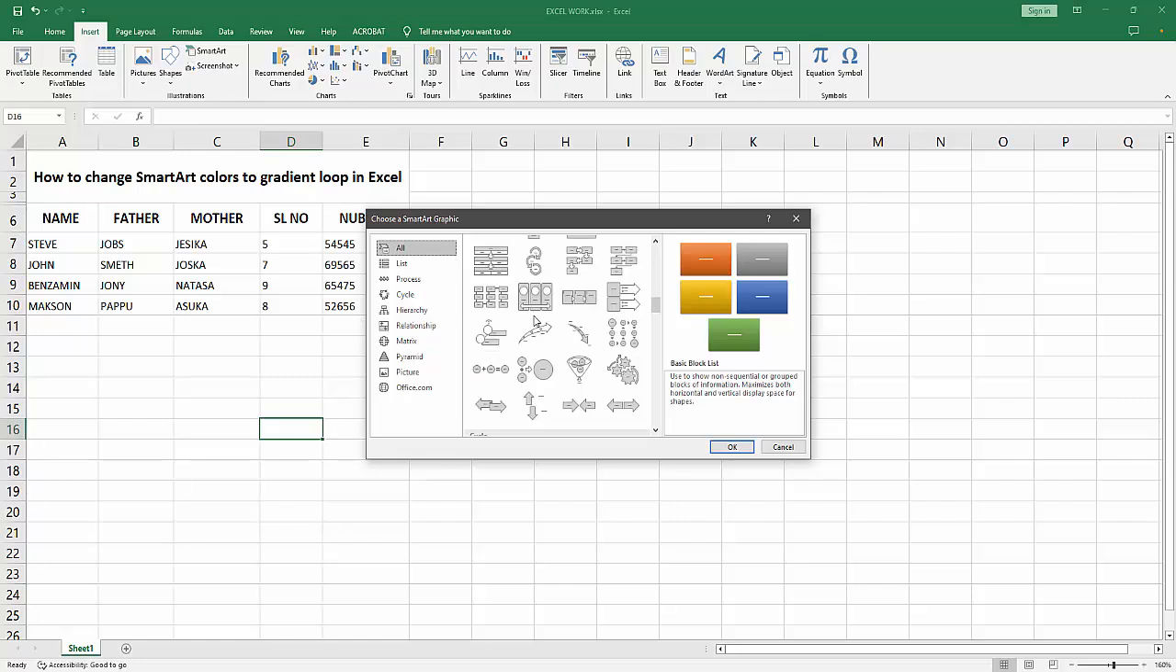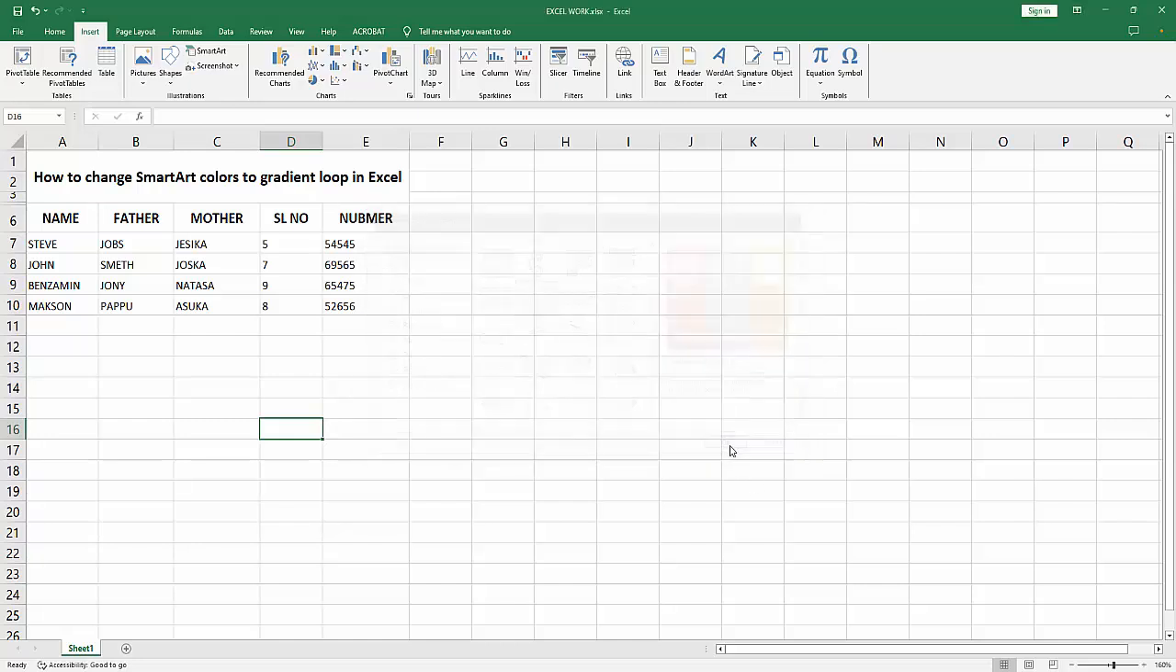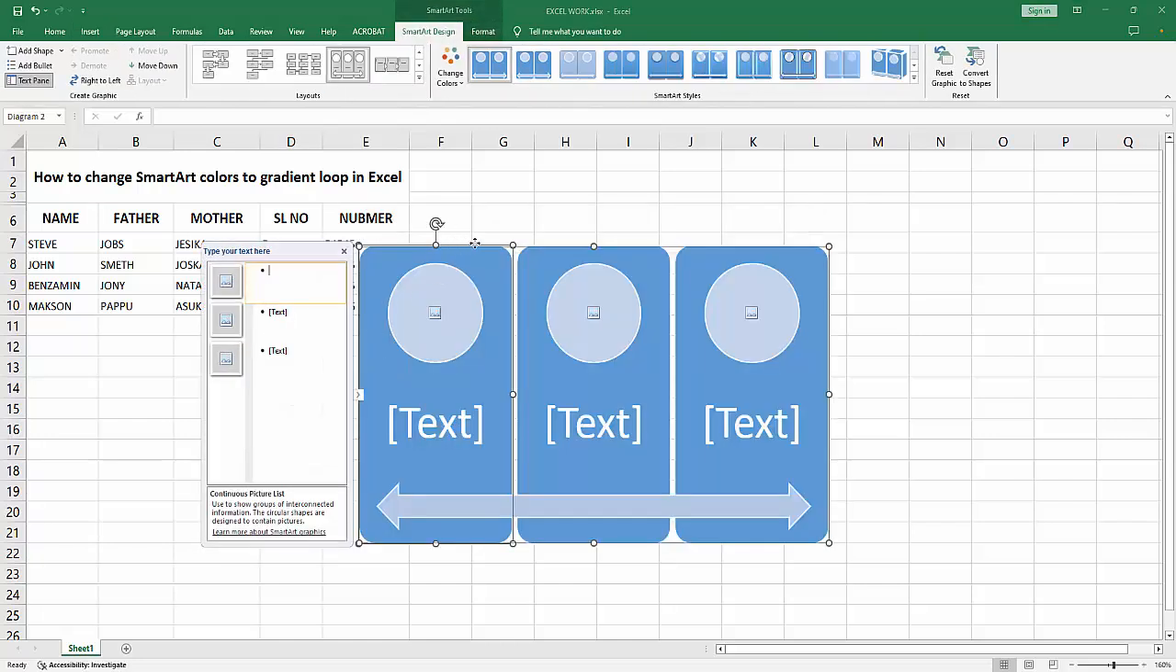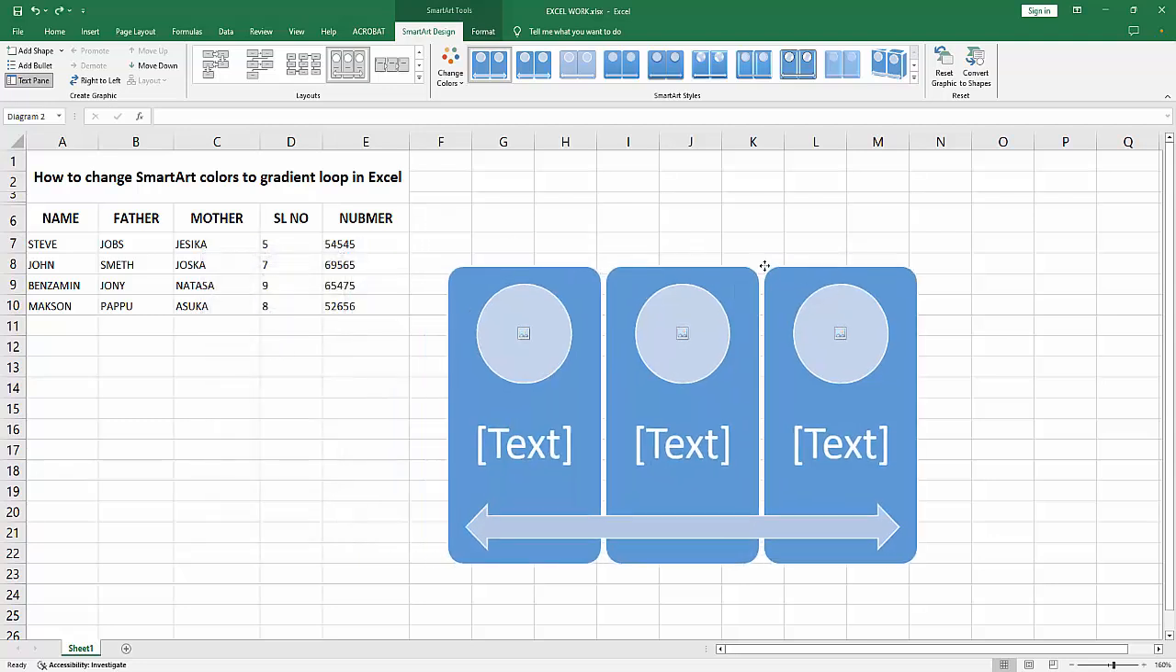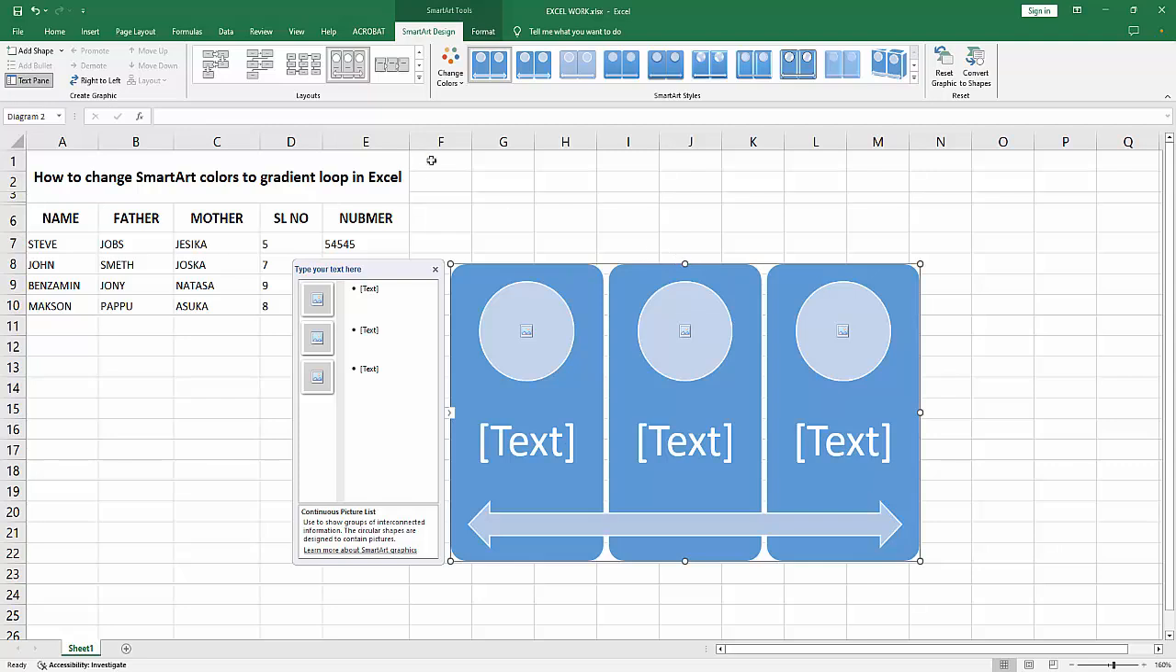You can add any. Now I am selecting the continuous picture list and click OK. Now we can see we inserted the continuous picture list. If you want to change the color gradient loop, select the SmartArt, go to the SmartArt Design menu, select the Color